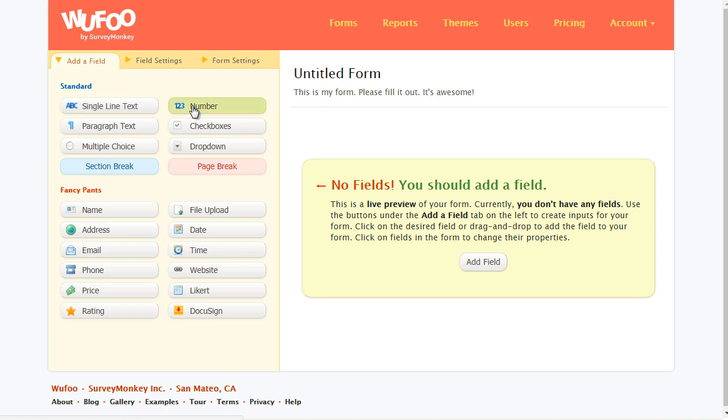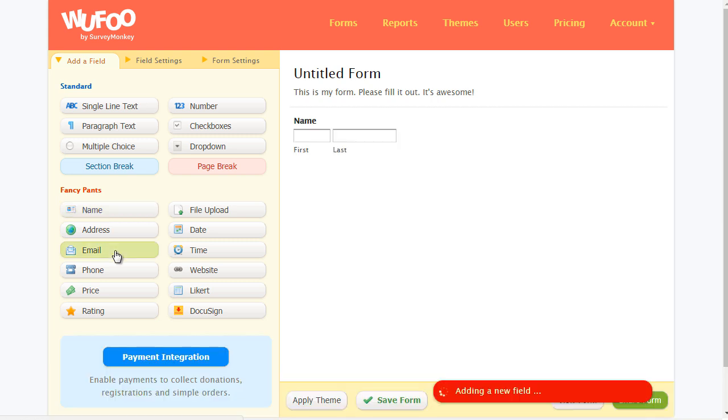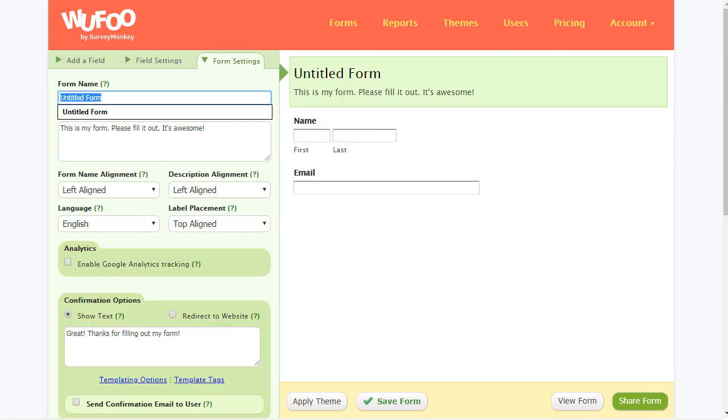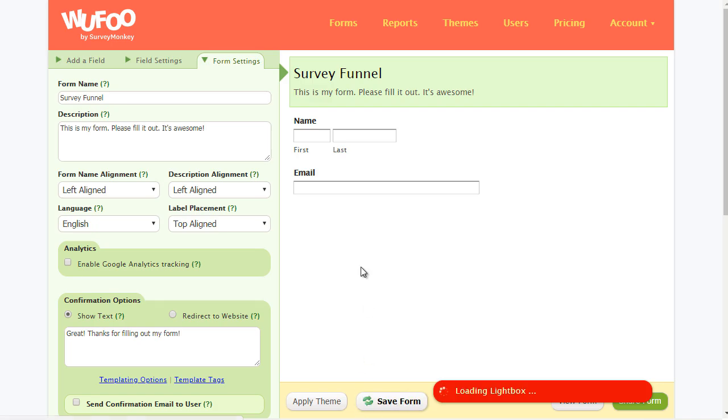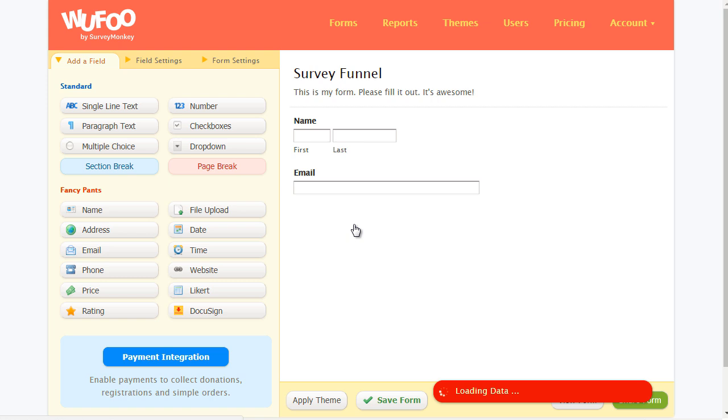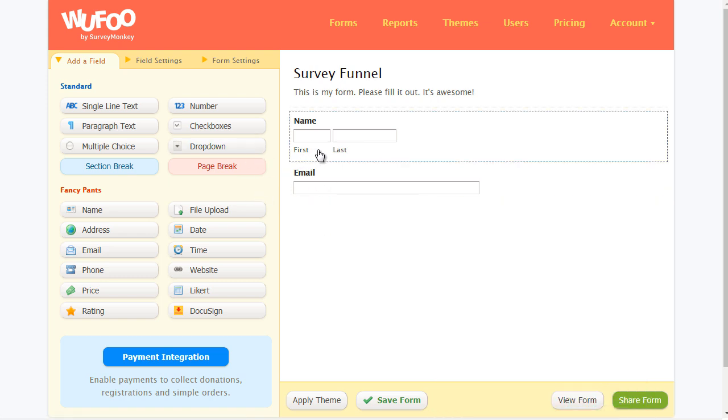So let's just enter here name and then email. So with Wufoo, you just click it and it automatically shows up here. And we'll click save. Continue editing this form. And so we got the name, we got the email, we could do